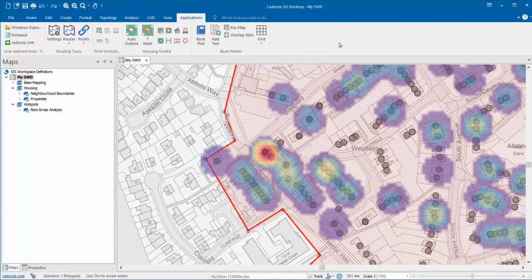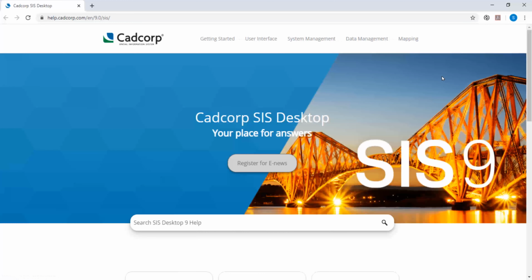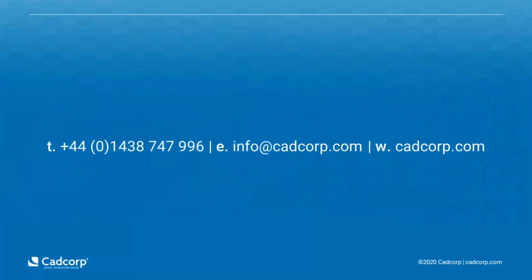You can also access the Cadcorp online help by clicking on the question mark icon in the top right hand corner. The online help will provide further explanations for all the functions in SIS Desktop if you require any further assistance. This concludes